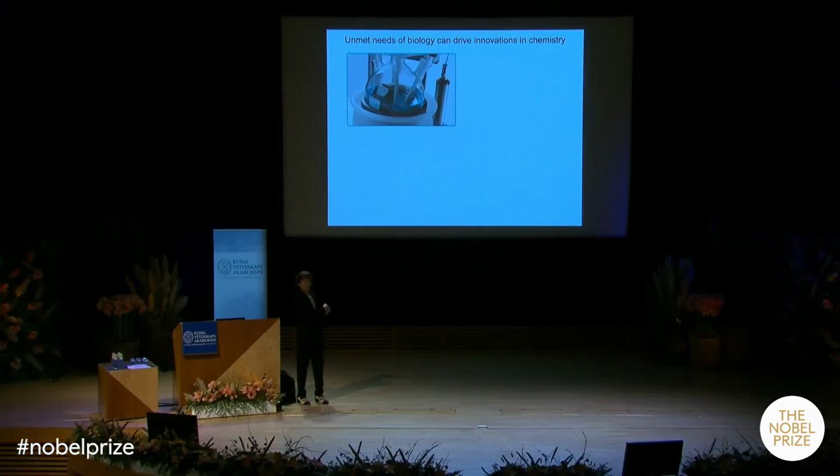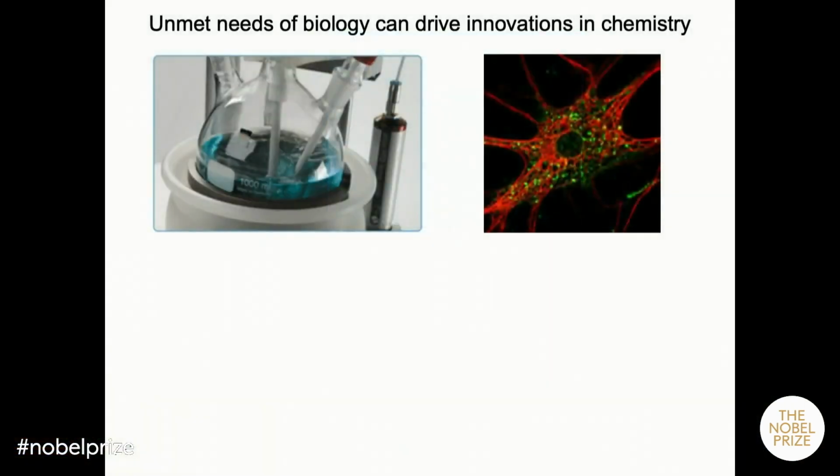When we do reactions in our chemistry laboratories, we're typically using this kind of a reaction vessel. It's a round-bottom flask where the chemist can control every single parameter of that reaction. By contrast, if your goal is to do chemistry in a living system, as was our goal, you're no longer in the reaction flask, and you no longer have control over all of the parameters.